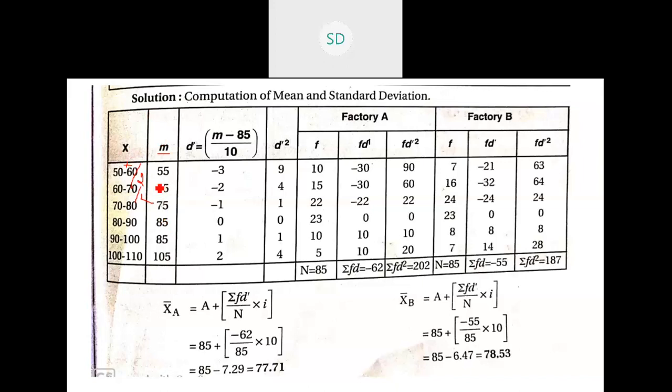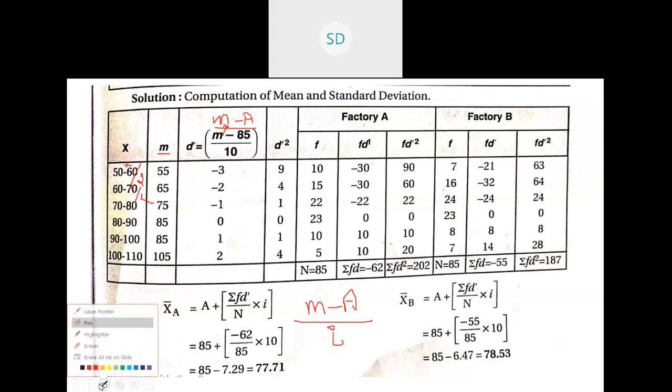Then after this, you're supposed to find the deviations. Now, deviations are to be calculated using the formula mid value minus assumed mean. So we are using assumed mean in all of our problems. So how do we find deviations? Mid value, that is m, minus a, divided by i. If you remember, this is how we calculated the standard deviation for continuous series. So that is m minus a divided by i, where i is the common value.